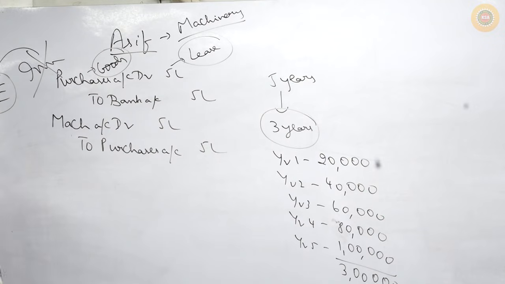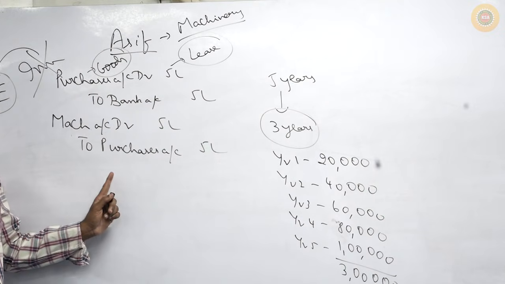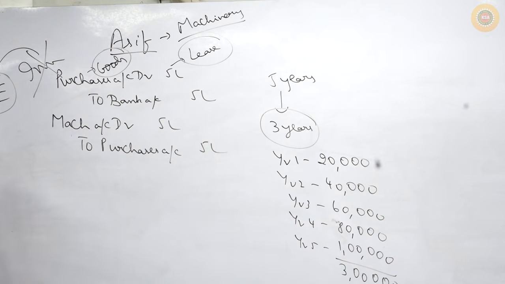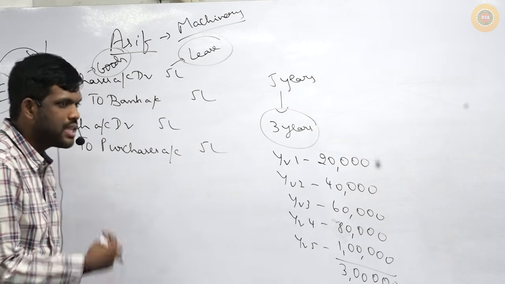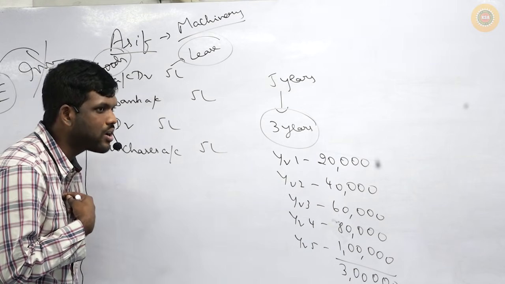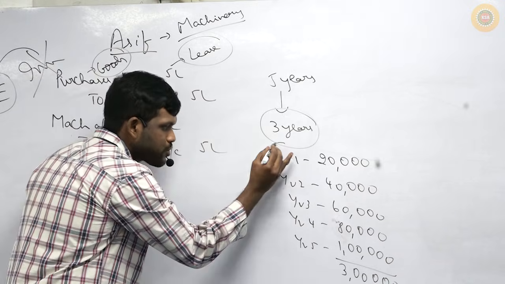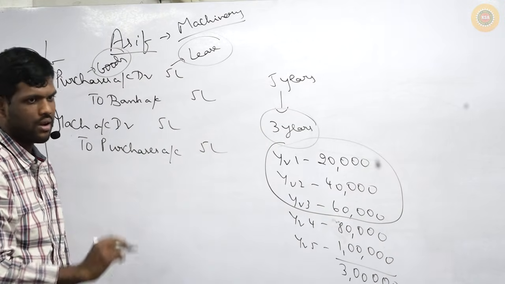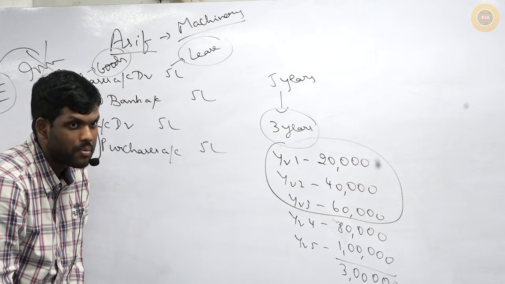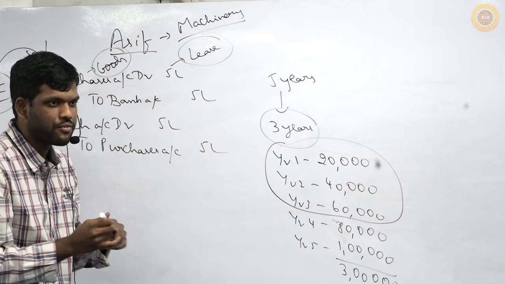Okay, please note, this is a book back question. Totally how many units we can produce? 3 lakhs for 5 years. But in this, I am going to take it on lease only for 3 years. So for me, what is relevant is only this portion. Correct? Okay, please note.